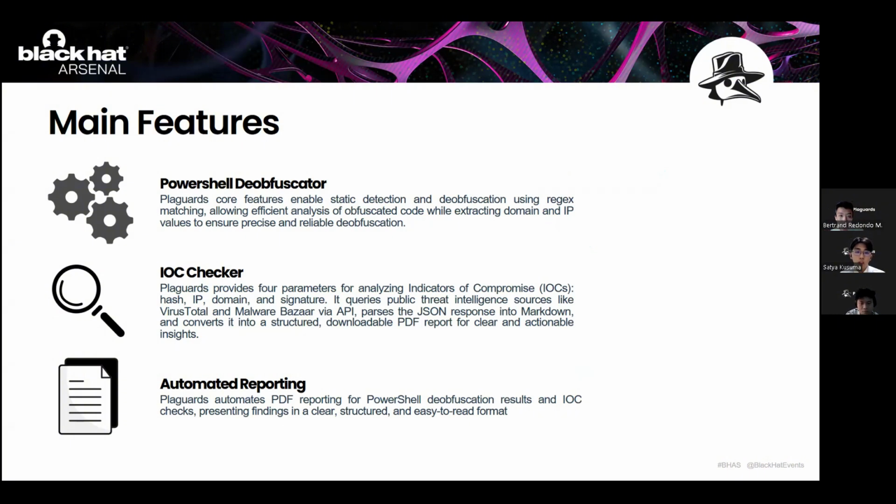It queries public threat intelligence sources like VirusTotal and MalwareBazaar via API, parses the JSON response into Markdown and converts it to a structured downloadable PDF report for clear and actionable insights. The last one is automated reporting, where PlayGuards automates PDF reporting for PowerShell deobfuscation results and IOC checks, presenting findings in a clear, structured, and easy to read format.